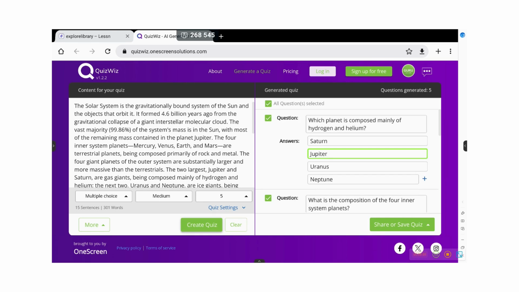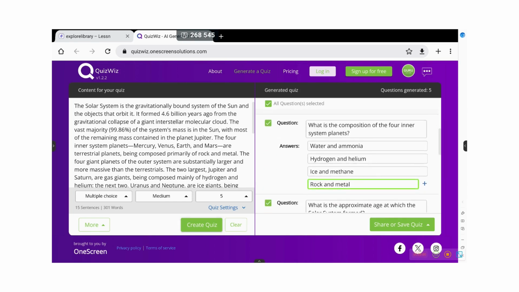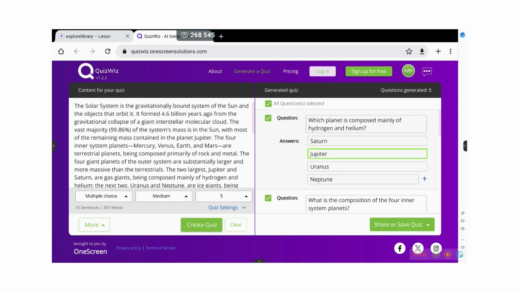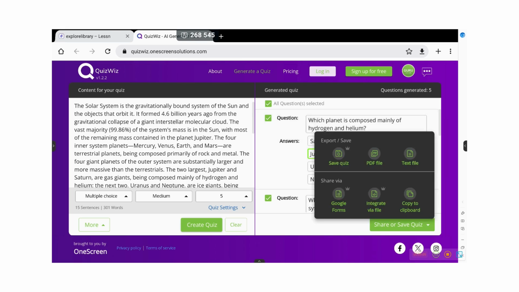So you have 5 questions here, and all of them have the answers highlighted. Now you can navigate through this in multiple ways by sharing or saving this quiz here. Just tap on this, and it will allow you to save the quiz again on your local storage. You can save it as a PDF or a text file. You also have the option to open it as a Google form and then disperse that amongst your students, for example. I'm going to tap here for the PDF file,